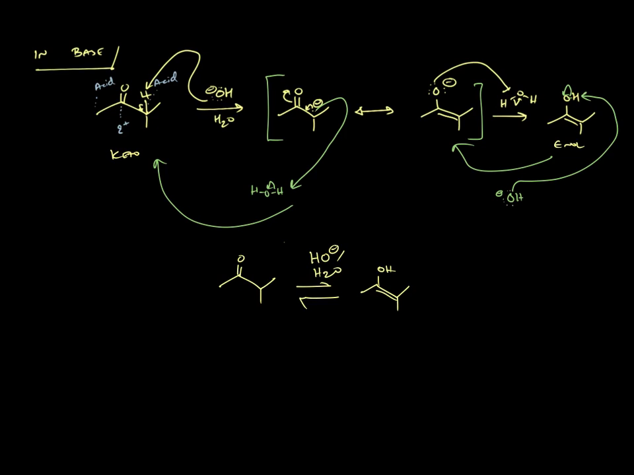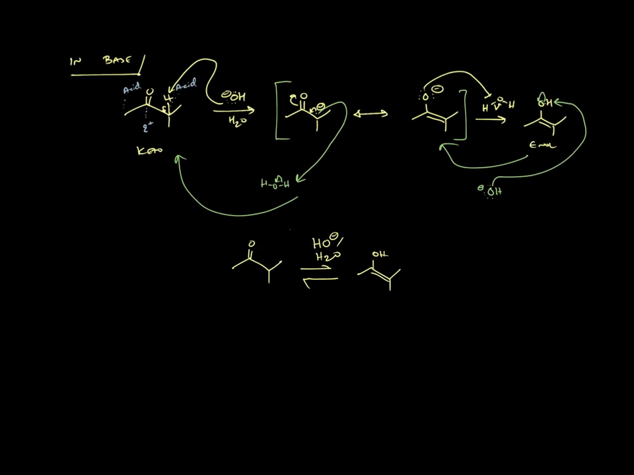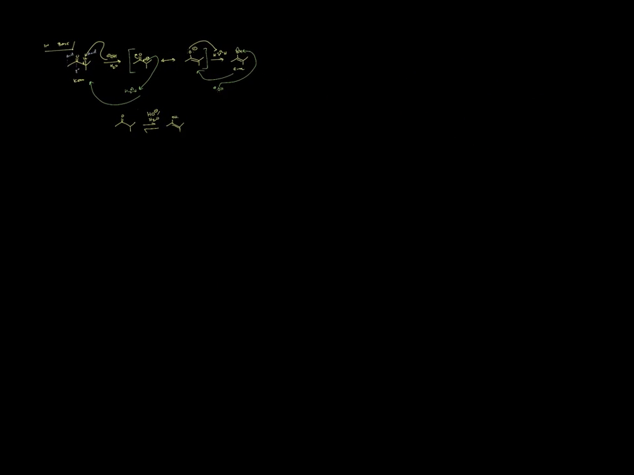So, under basic conditions, ketones and enols go right back and forth. They exist in equilibrium. Well, we can do the same thing under acidic conditions. So let's start off with the exact same thing. We'll do this under acidic conditions. So we could start off with this guy. And I'm going to add in a little bit of acid in water. Well, this guy can grab a hydrogen, which would give me a protonated ketone, which has a plus charge up